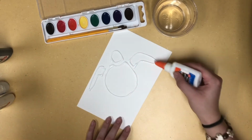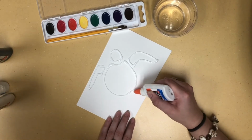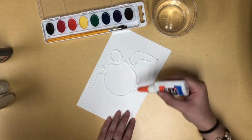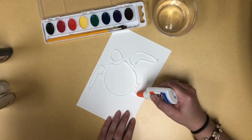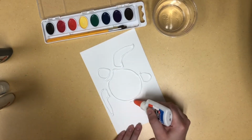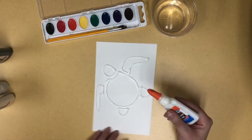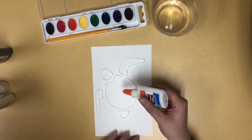So you kind of got these weird upside down L shapes for the arms. And then very similar to the head that we did up there, you're gonna do a straight line and then a U shape for one leg and then another. And now you can leave it here if you want, but I'm gonna go in and add a few details